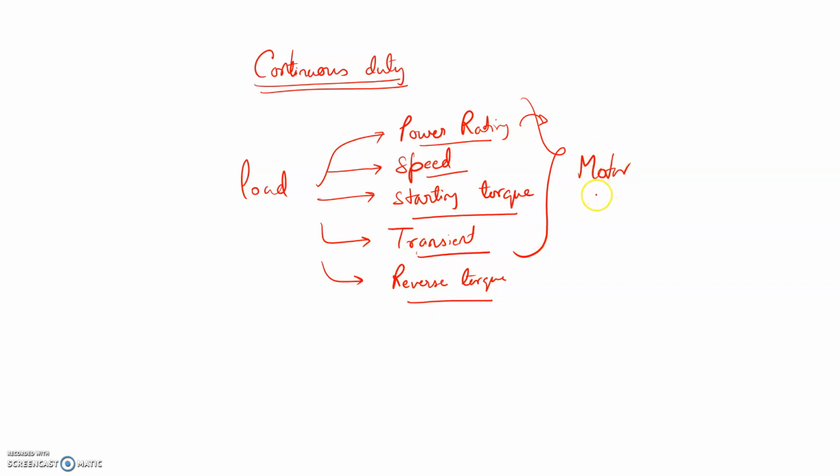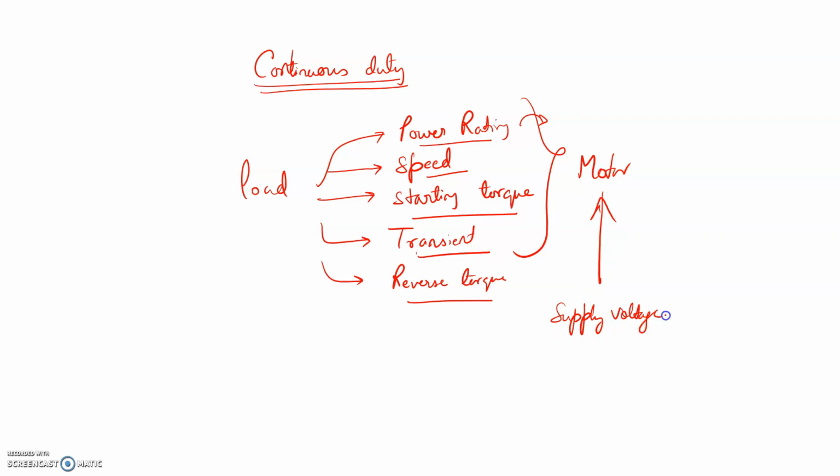This motor can handle all those things, and whichever power rating we calculate, we will choose a motor of the next higher power rating, and also the motor must be able to sustain the supply voltage,